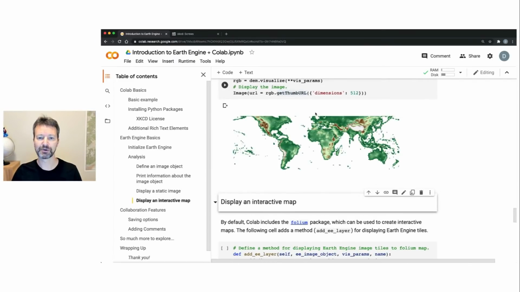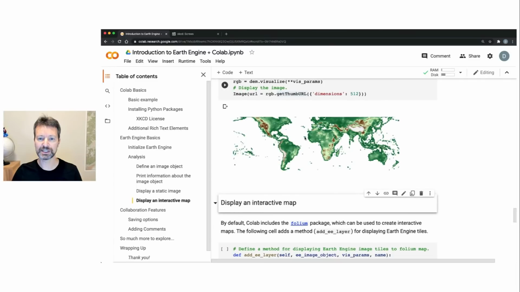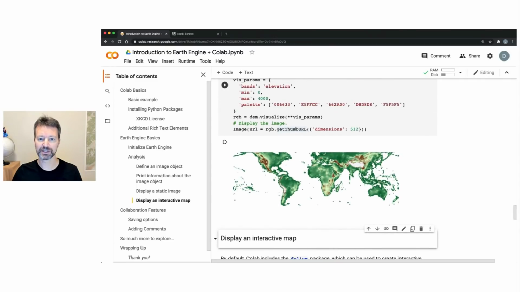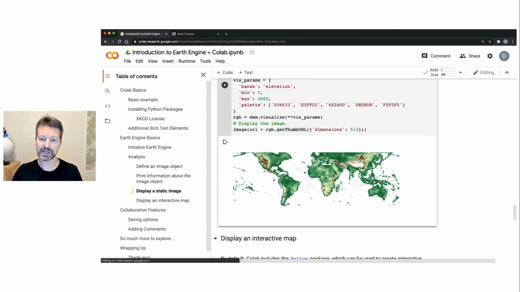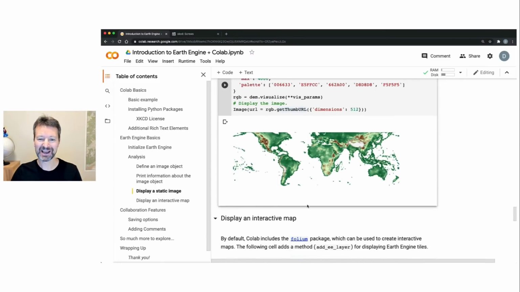It's going to reach out and get that global DEM representation of it using these visualization parameters. And that gets printed on the screen here. It's a static image. It's either a JPEG or a PNG, depending on how you requested it. And you can't really do much with it. It's just a good representation of it. But a lot of images in Earth Engine are really detailed, and you want the ability to interactively kind of